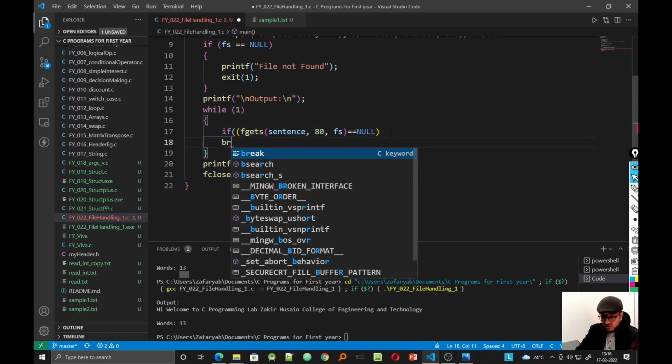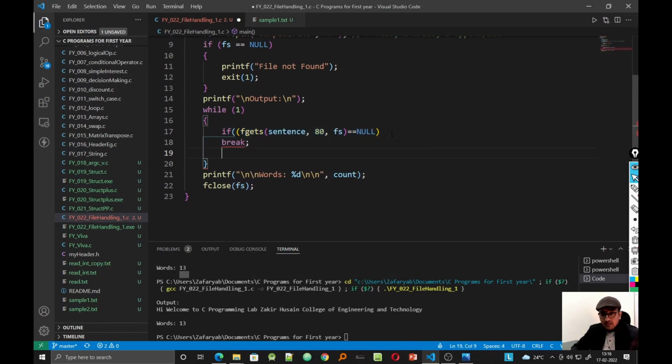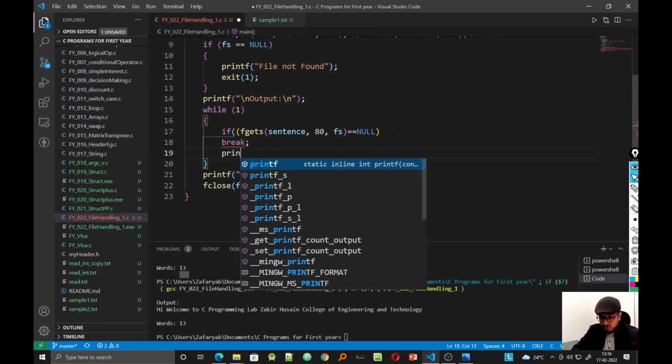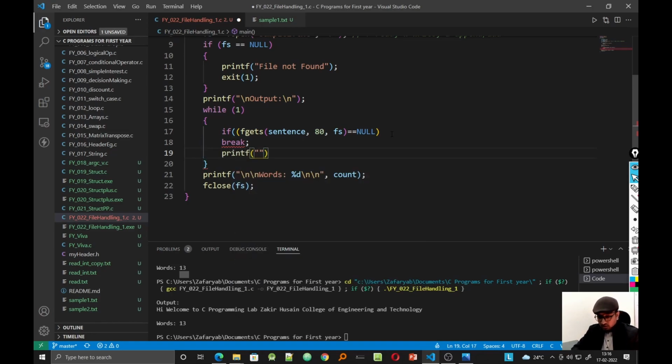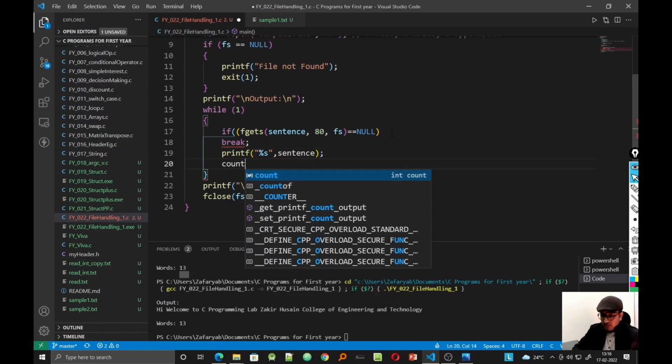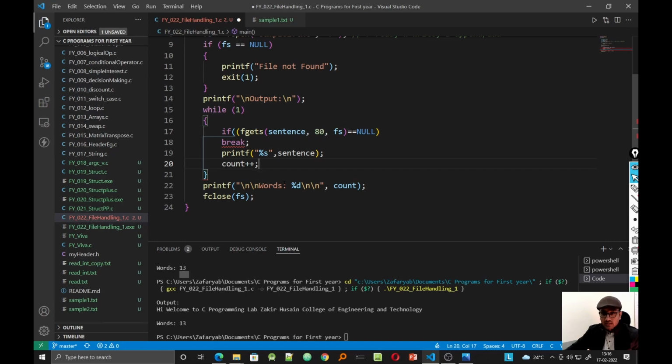So you simply break it, and in other cases you would be interested in printing the %s and the sentence, and you would also be interested in counting the number of sentences, right? So sentence, I hope this works. My brackets are balanced, they are not balanced. Now they are balanced. All right,